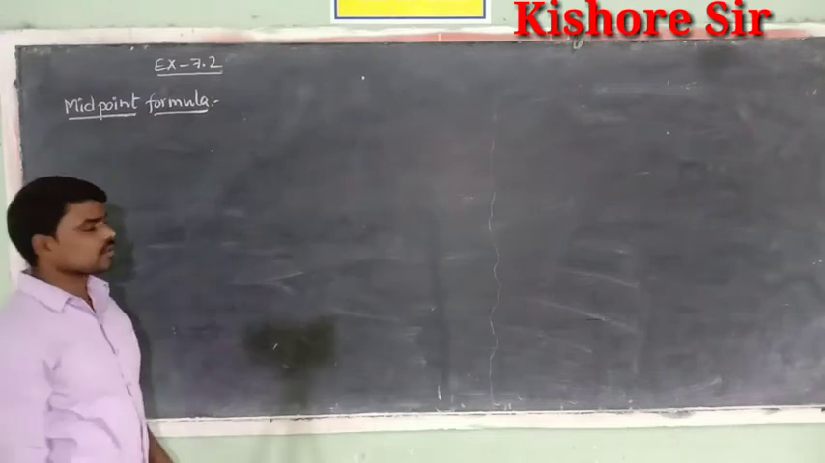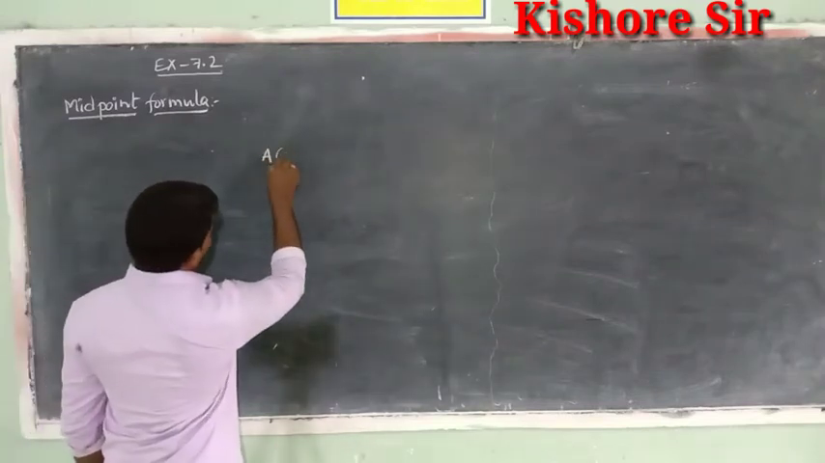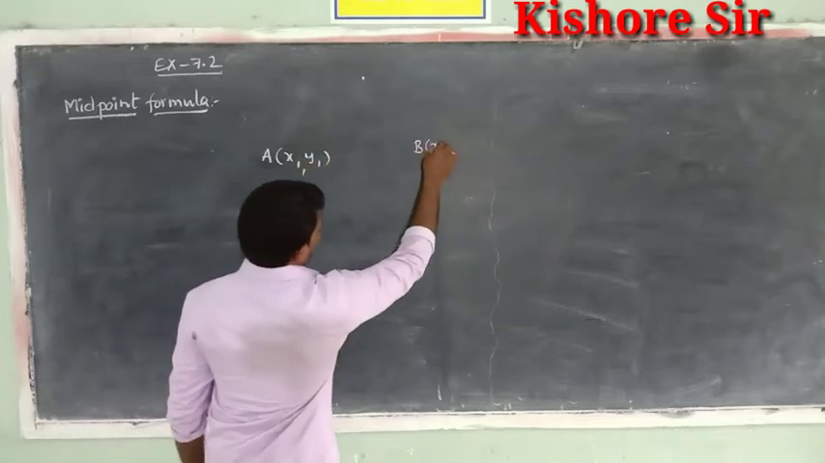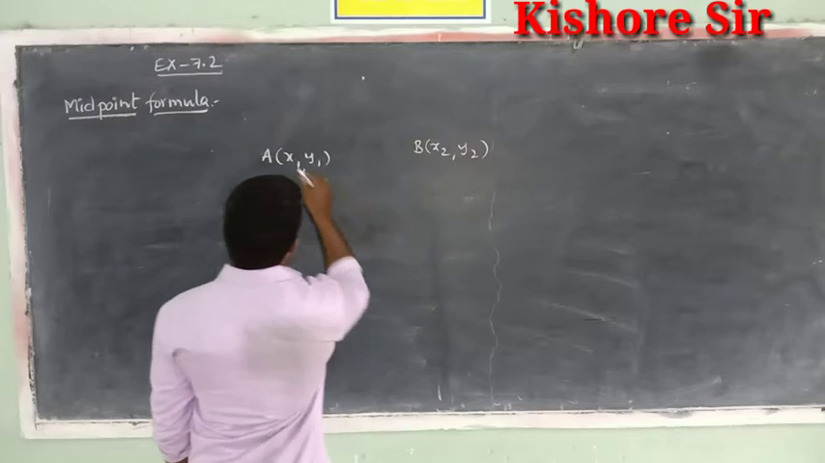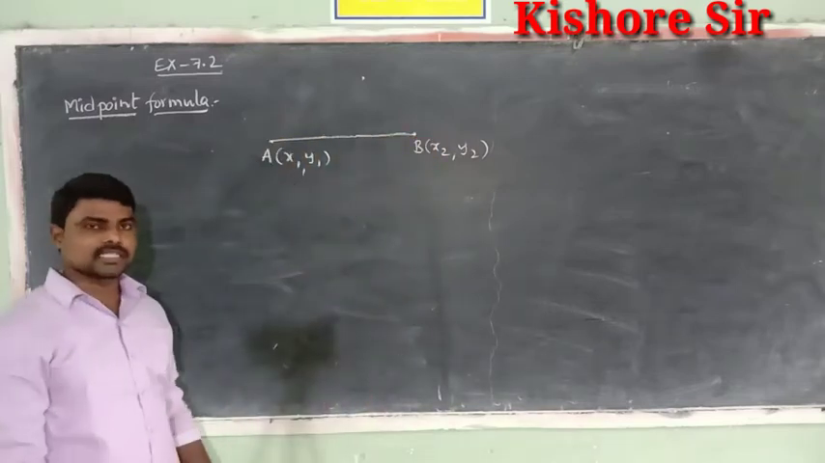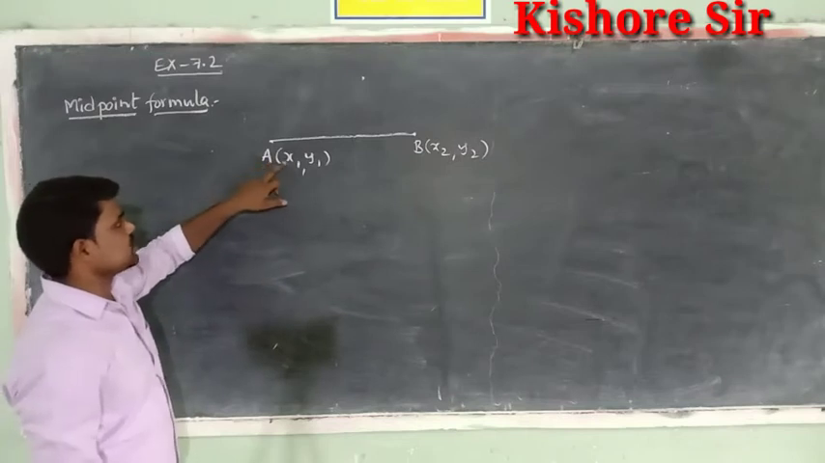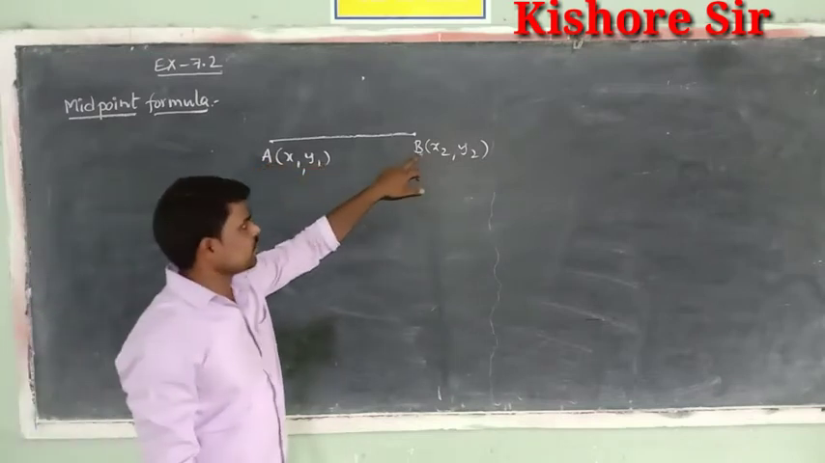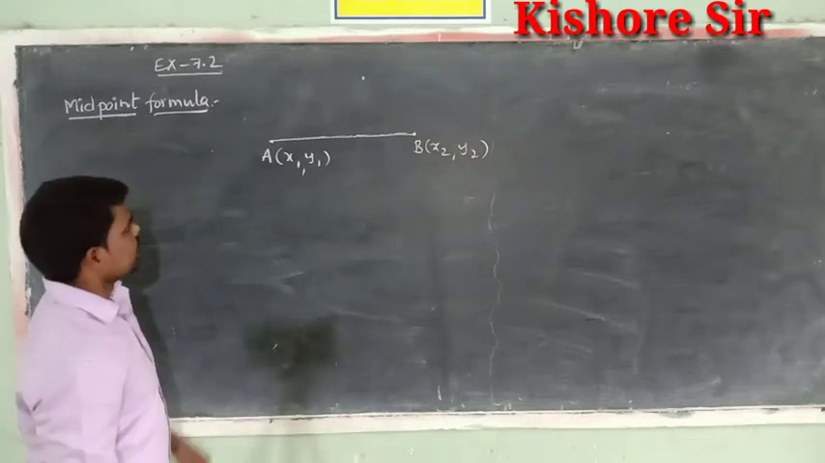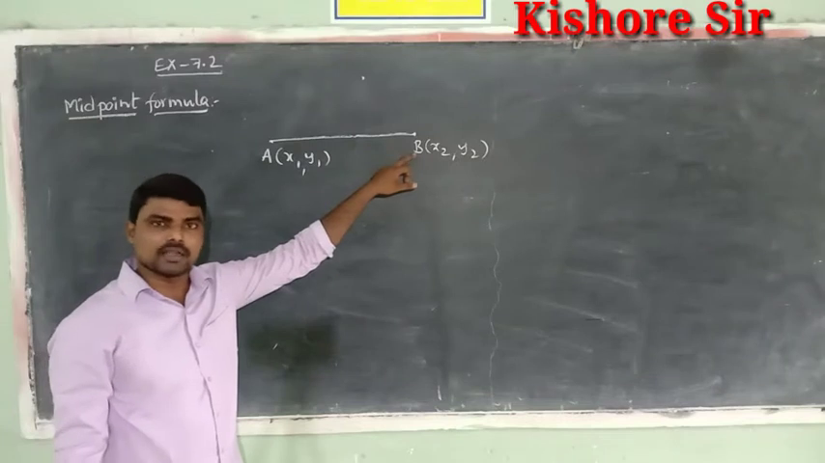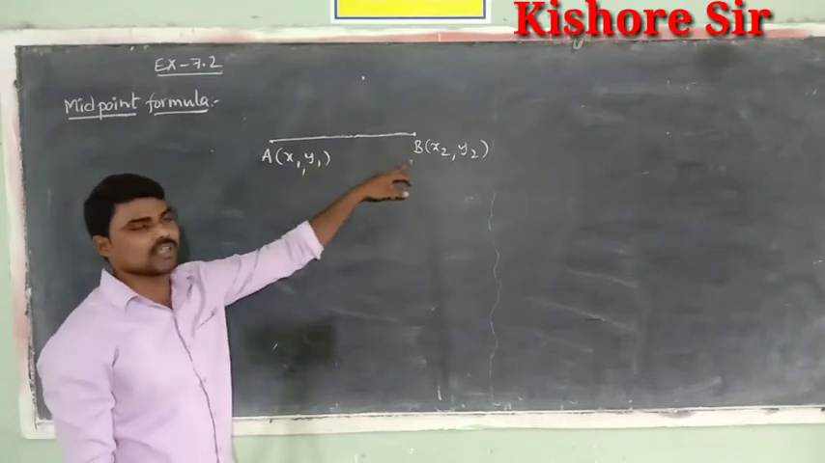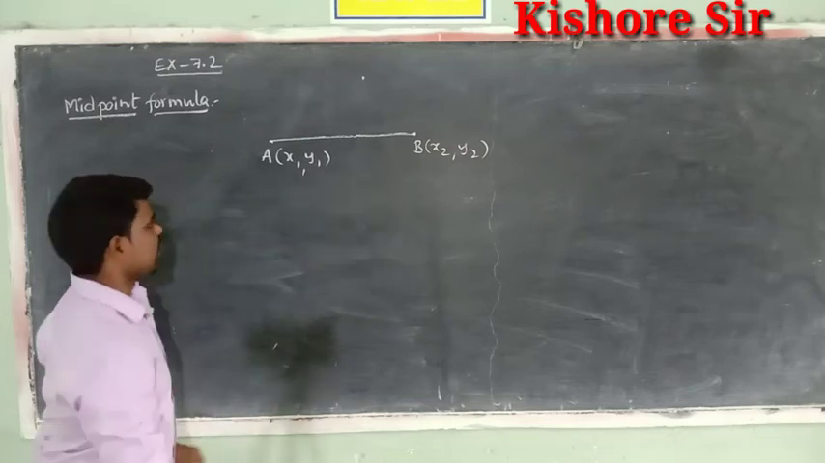Midpoint formula. Suppose A is (x1, y1) and B is (x2, y2). AB is a line segment. The coordinates of A are (x1, y1) and the coordinates of B are (x2, y2). Now the midpoint of the line segment AB, the formula is